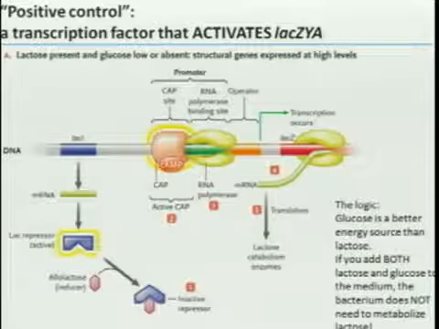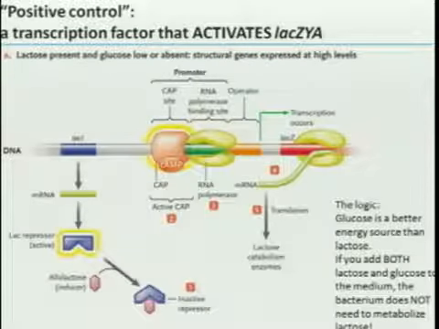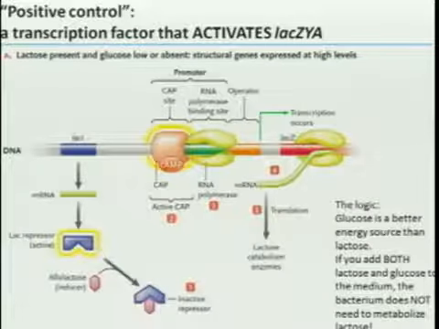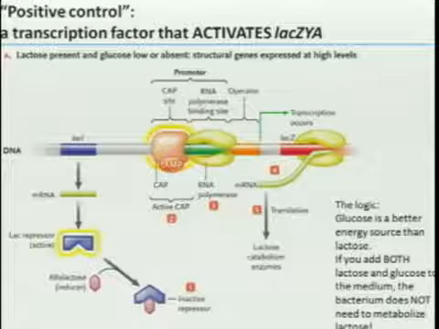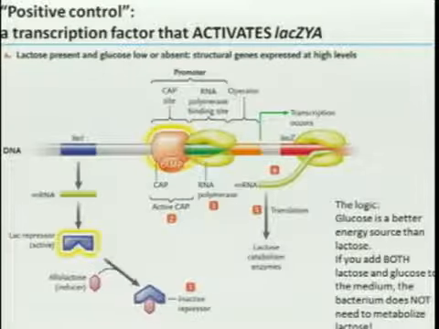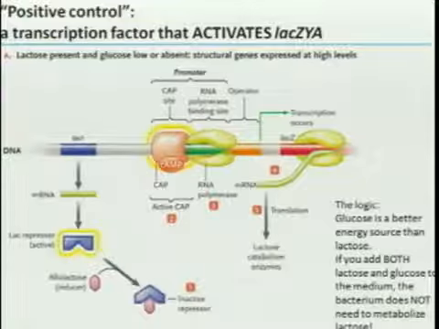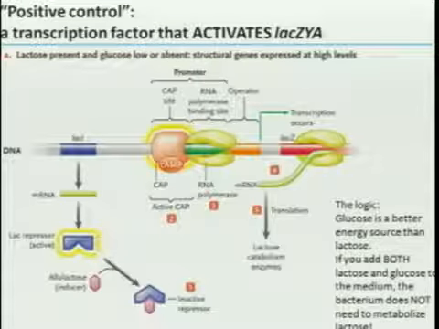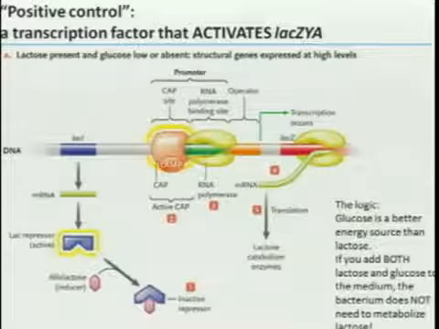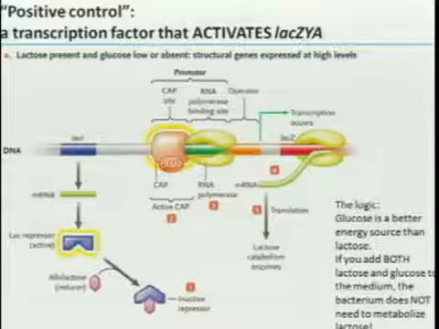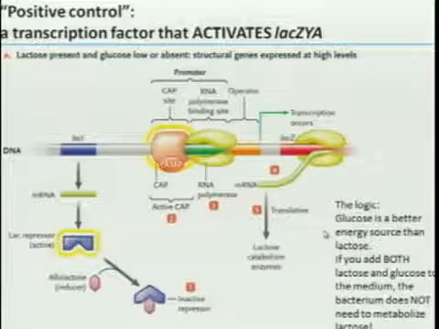first, I need to tell you that what I would like you to please do is, now that you've listened to me explain how the lac repressor negatively controls transcription of beta-galactosidase and the two other genes, I'd like you to study on your own time how a protein called CAP positively regulates transcription of this gene. I need you to please study this on your own time. It's very simple. The logic is very related. But what I do want to tell you now is why this machinery exists.